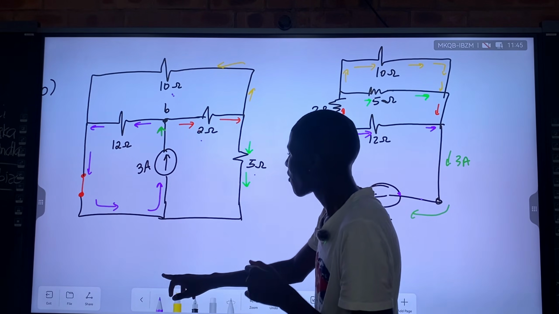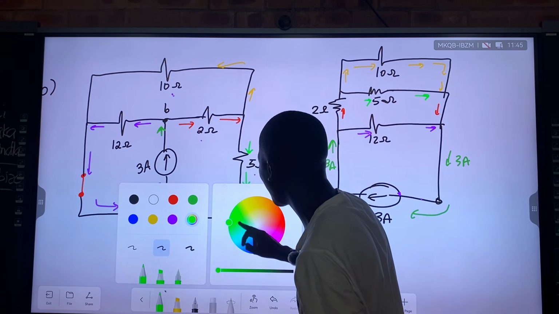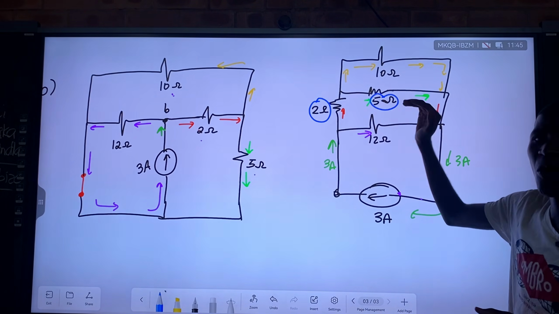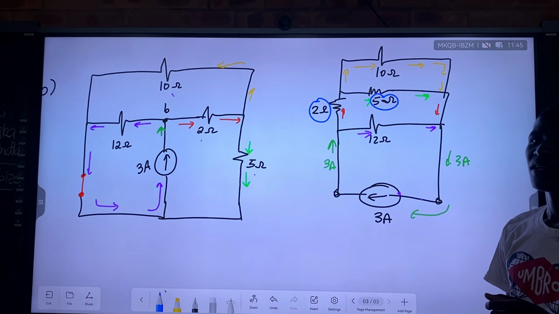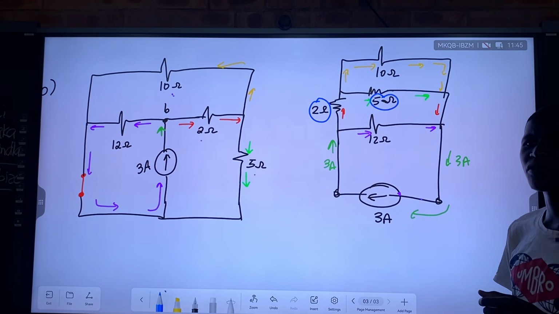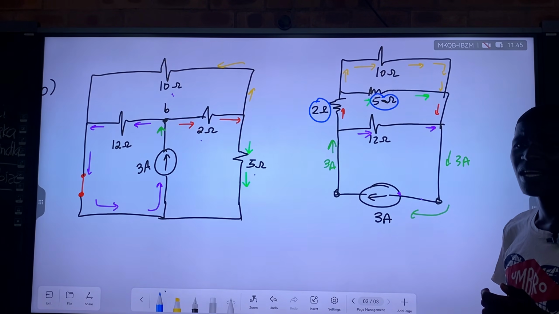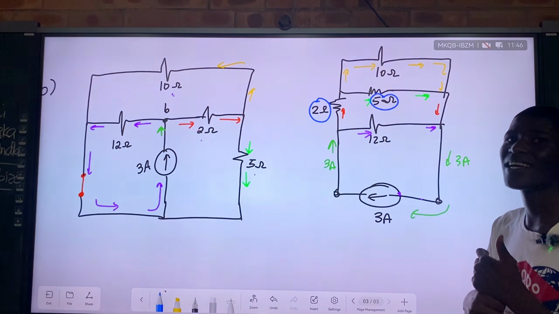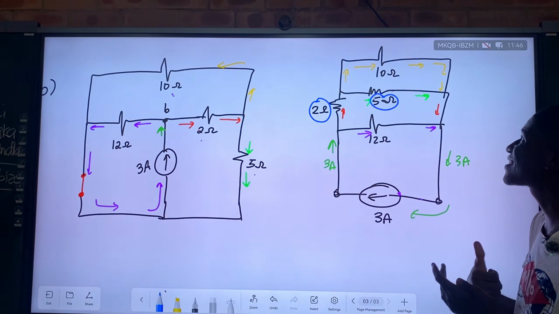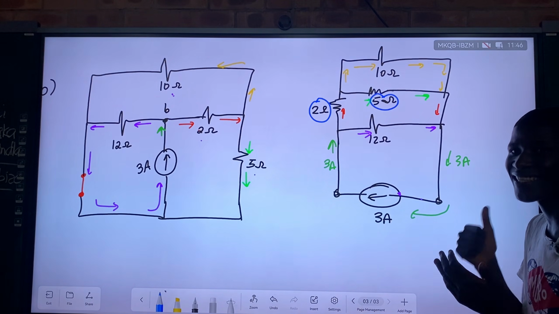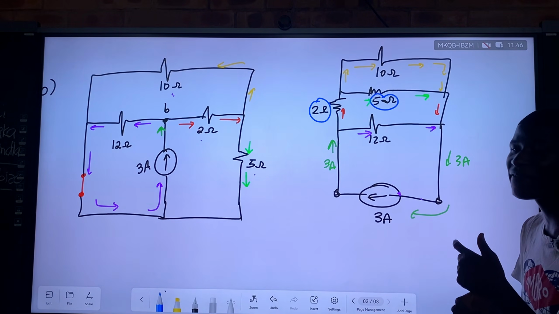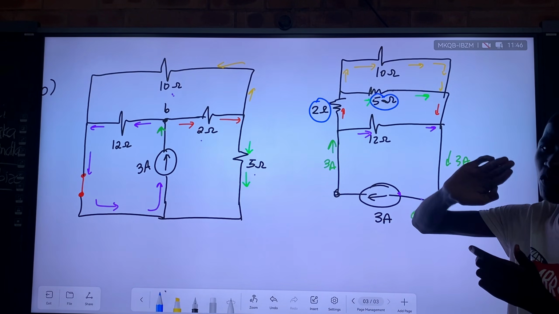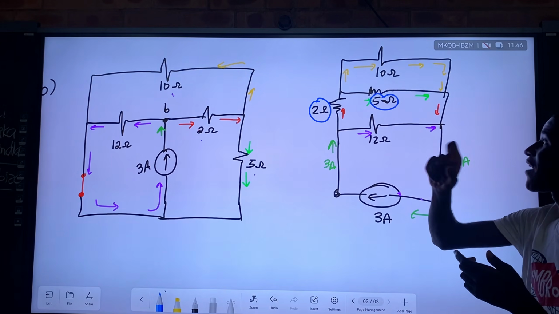Let's start there. Because please, let's not make this mistake of saying this one and this one are in series. Wrong concept again. These two are not in series. Why do we say they are not in series? The current is different. They are receiving split current, so they are in parallel with one another. Current has been divided. Two resistors can only be in series if they are receiving the same current, that is, if there is no splitting of current, none whatsoever, between the two points. That's when we apply the equivalent resistance concept.